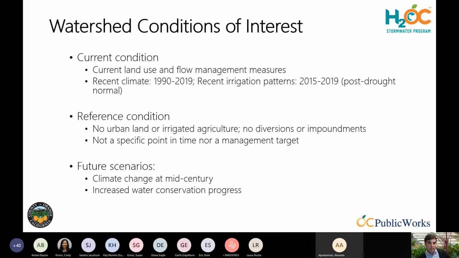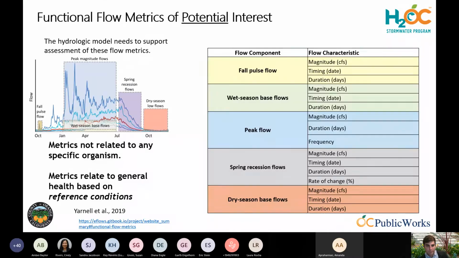So we're looking at, as part of this, you'll hear about current conditions, you'll hear about reference conditions, and you'll hear about future scenarios. And we'll get into those in more detail as we talk about them later. You'll also hear about different metrics, and you'll specifically really hear about these metrics in a couple weeks in the beginning of December, when SQUIRP takes the continuous time series data that we're giving them at a lot of different points in the watershed and turns them into functional flow metrics that have predictive relationships, or at least associative relationships